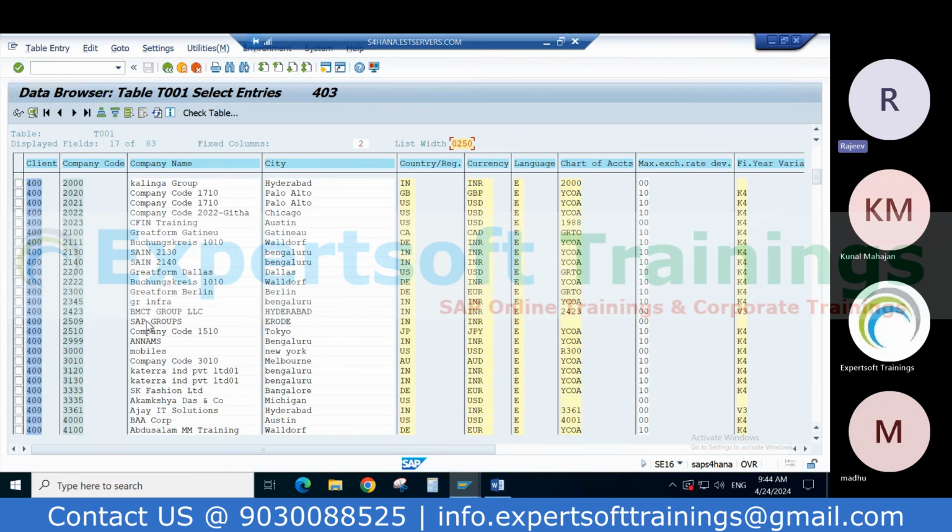Usually, since this is a training system, people are creating company codes with these digits, but sometimes they create the company code with some letters picked from their company name. Let's take an example of Reliance Industries.